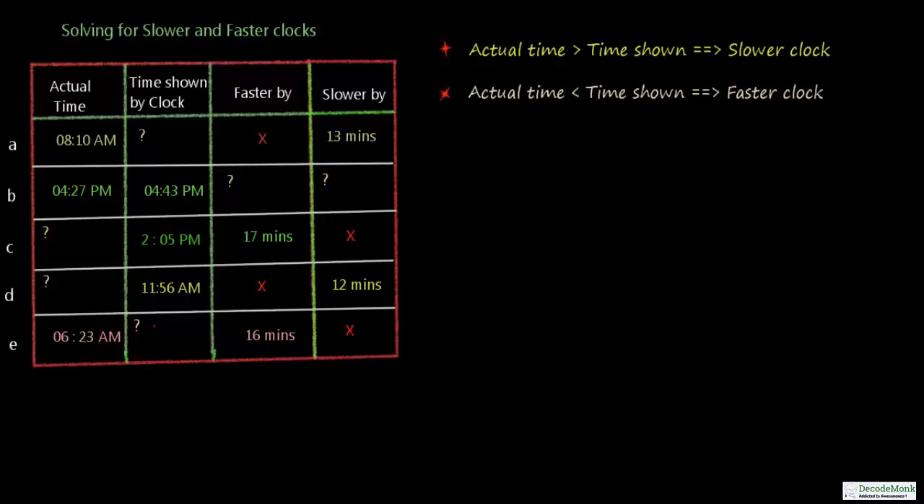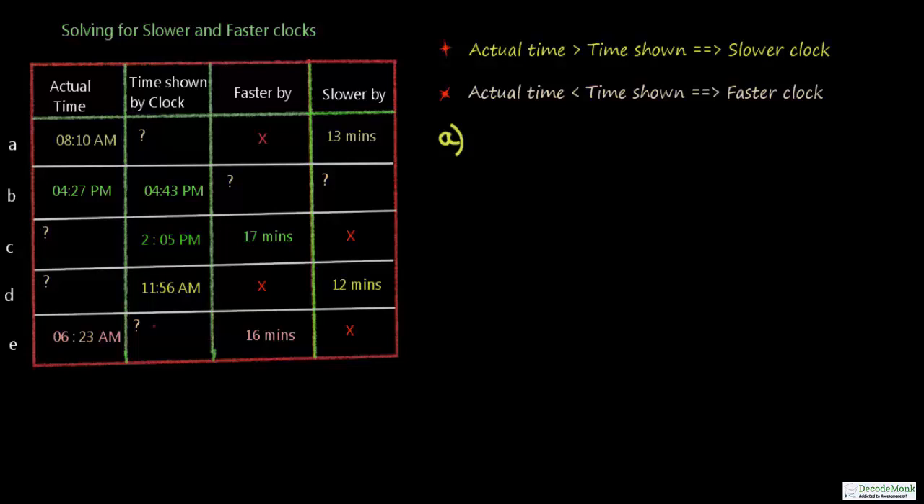Now let us try to solve this table, which consists of basically 5 questions A, B, C, D and E, and there are certain question marks which need to be filled up, and these questions are related to slower and faster clocks. Consider question number A. It says that the actual time is 8:10 am and the time shown by the clock is to be found out,